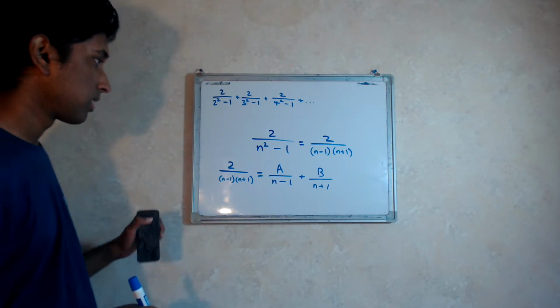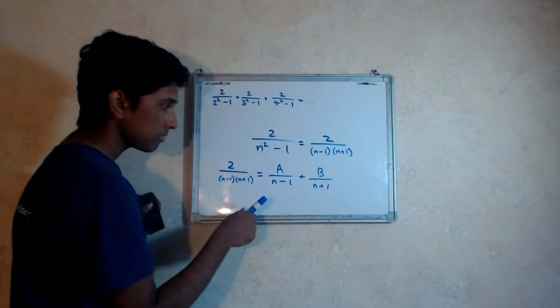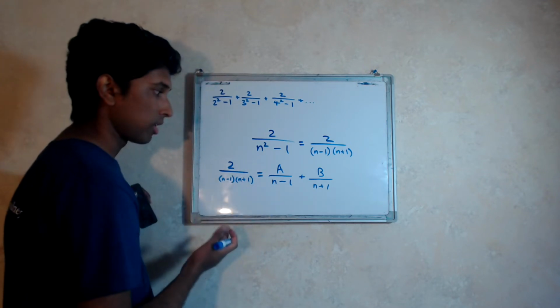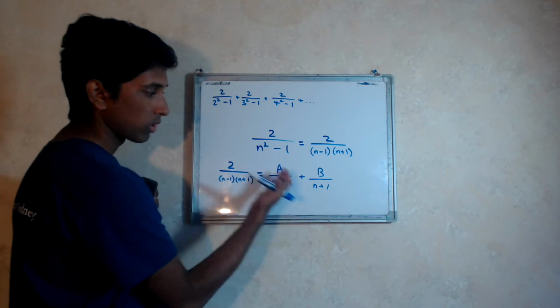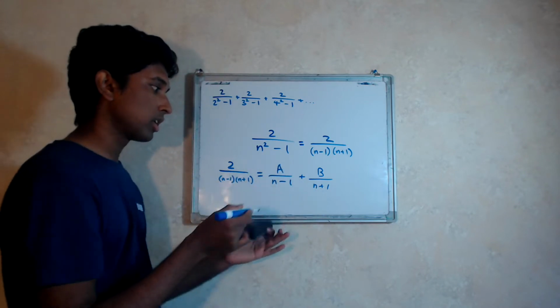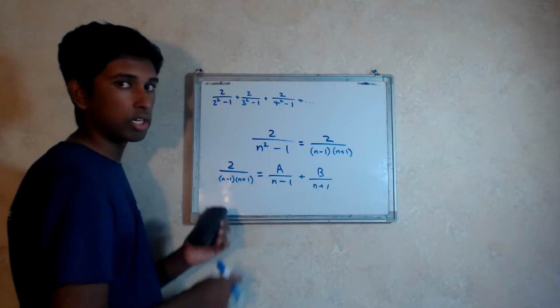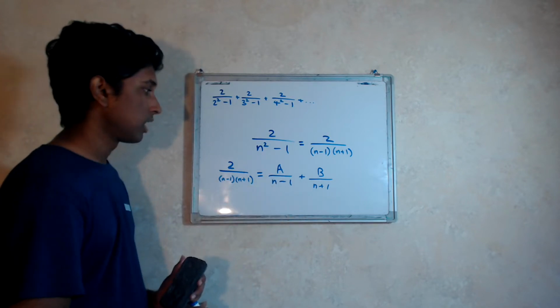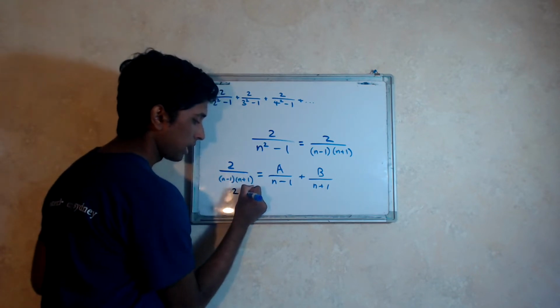Look at this. Let's multiply both sides by n minus 1 and n plus 1. That way we can get rid of the denominators. And you see, we chose the denominators to be the factors, because when we add fractions, we multiply the numerator of this one by n plus 1, and the denominator also by n plus 1, so the common denominator would be n minus 1 times n plus 1. So let's just try to multiply by n minus 1 times n plus 1, and when we do that,